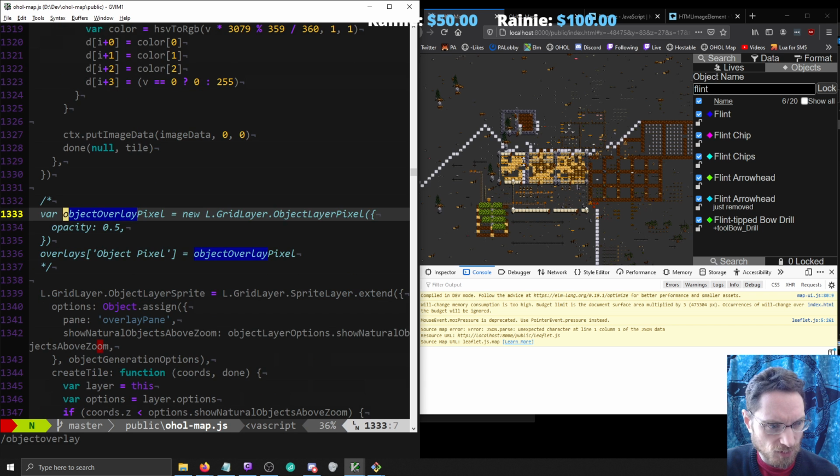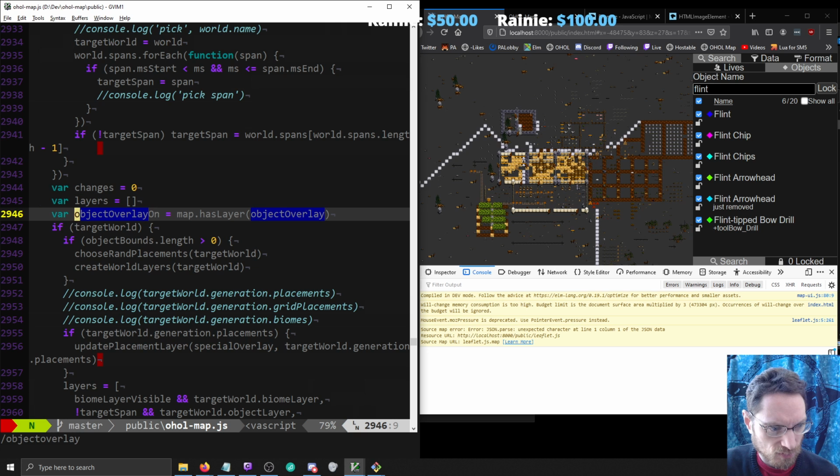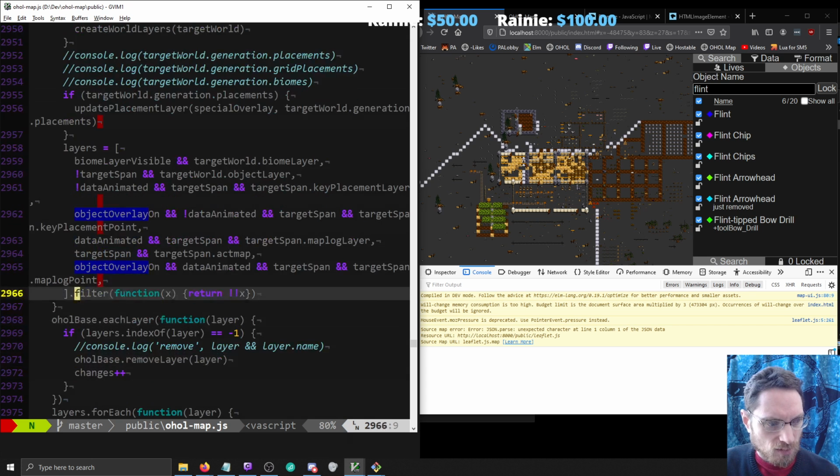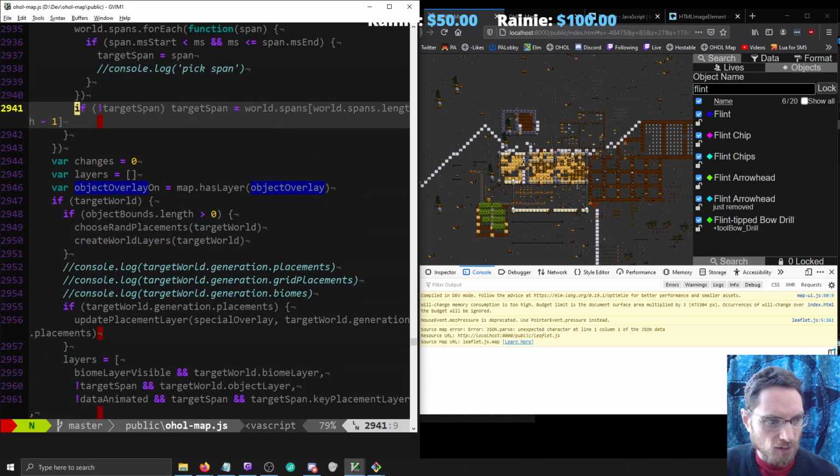So it is indeed object overlay. And if this is in a flag, we were testing for the existence of that. But we'd have to do something like